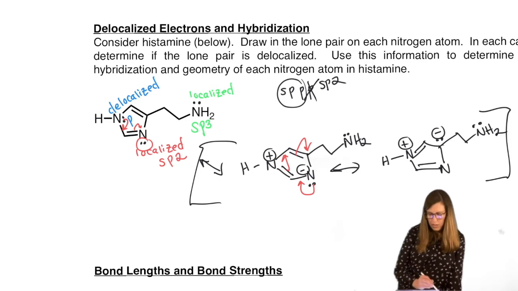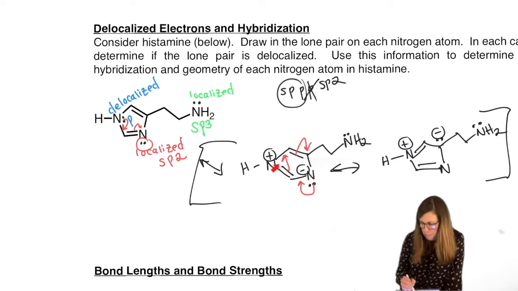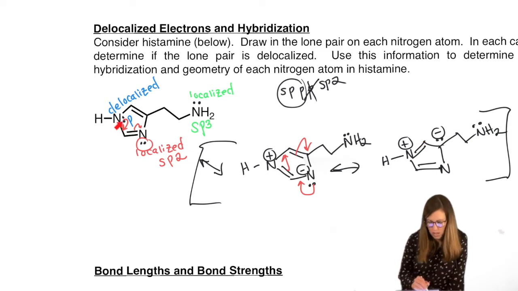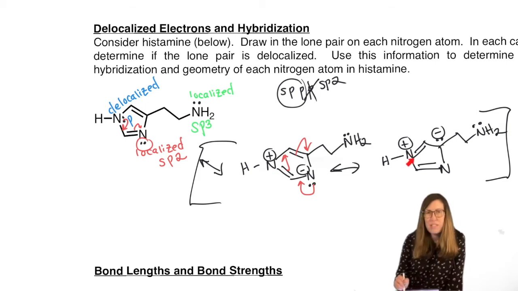What else do I notice? I notice that the nitrogen in question in all resonance contributors makes a pi bond. How does it make a pi bond without a p orbital? So you might have wanted to say, if you went away and assigned hybridization to this, hey, it has 1, 2, 3, 4 electron groups. It's sp3, with no p orbital left over for pi bonds. That's impossible if these resonance structures are possible. You have to have a p orbital for these to happen. So because it's delocalized, we cannot have it be sp3.